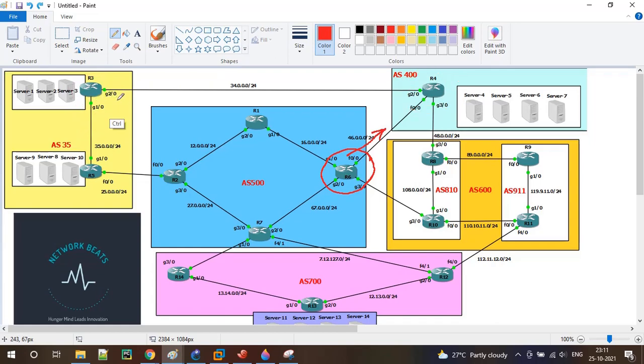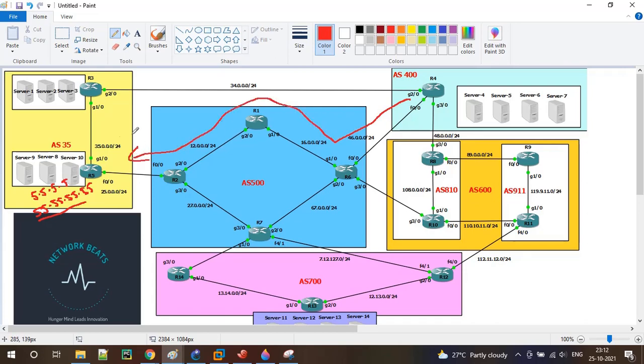So in this video, since R5 is advertising 5.5.5.5 as well as 55.55.55.55, now I have to reach 55.55.55.55 only via AS500.